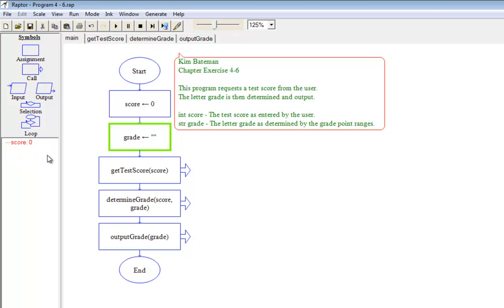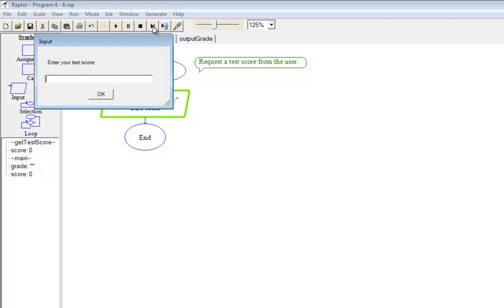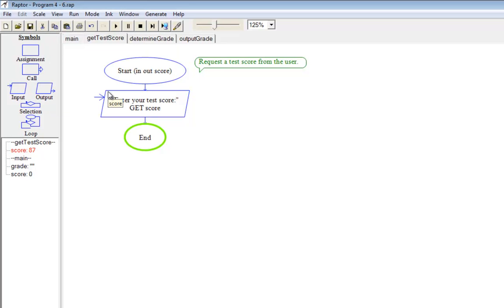It's going to show you what your variables are. So my score is set to 0. My grade is set to null. Now I'm calling get test score. So we should see a prompt coming up saying enter your test score, and here it is. Let's try this. Let's say the first score we're going to try is an 87. So we will click OK